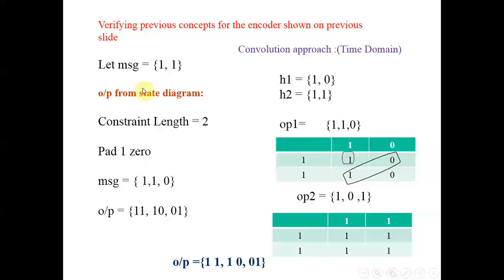my message is actually 1 1. When you go with the convolution approach, we don't have to append a 0 to complete the operation because it's a convolution. So 1 0 is your impulse response, 1 1 is the applied input. So the first output is 1 1 0, second output is 1 0 1. Now you combine these outputs because you receive 2 bits at a time. So it is 1 1 this, then 1 0 here and 0 1 here, which will match this particular output, right? So this is how we got the output using the convolution approach, but this is how we got the output using the state diagram approach, right?